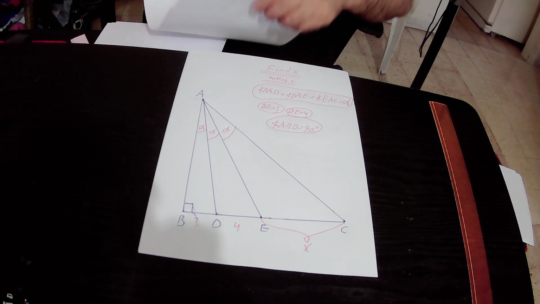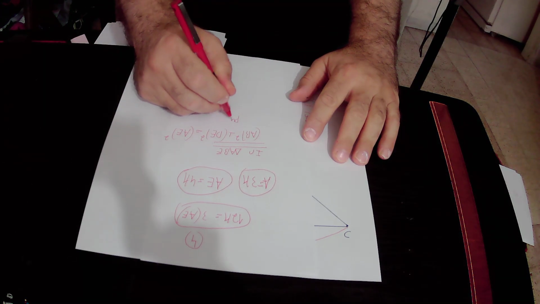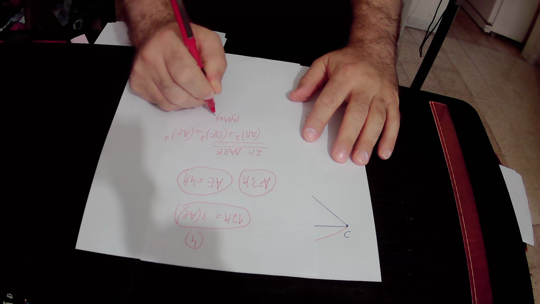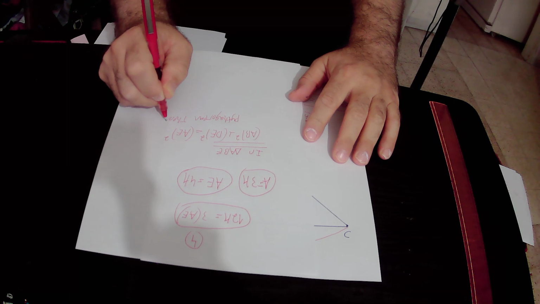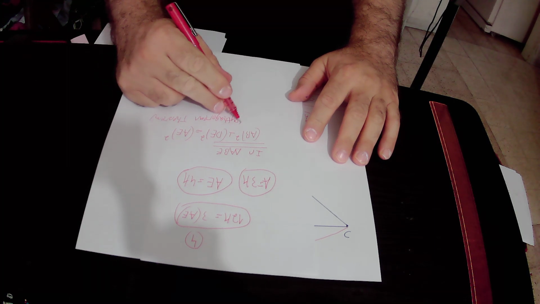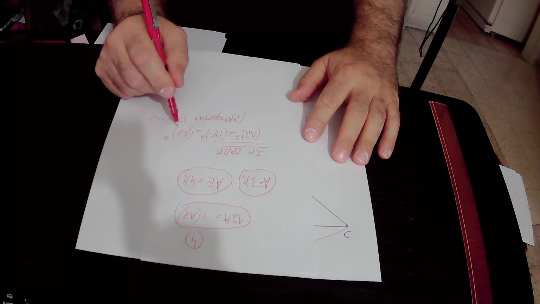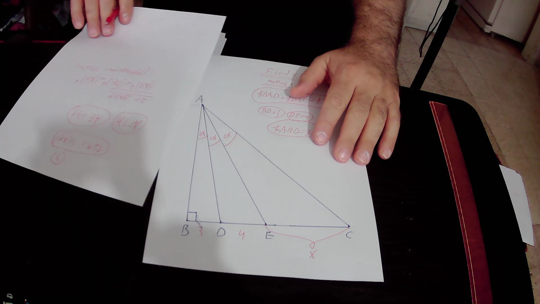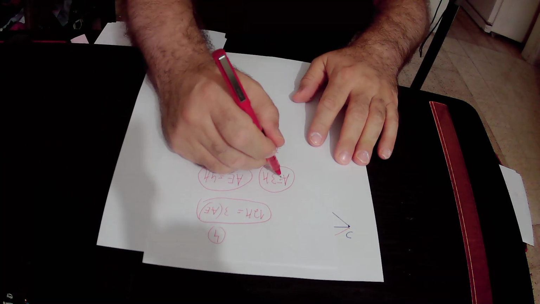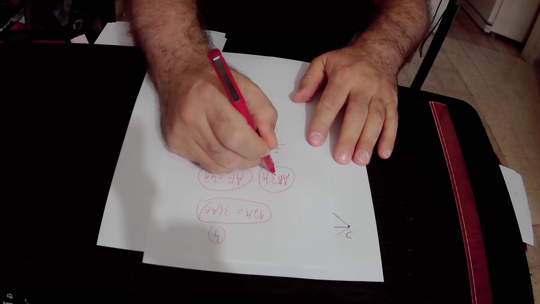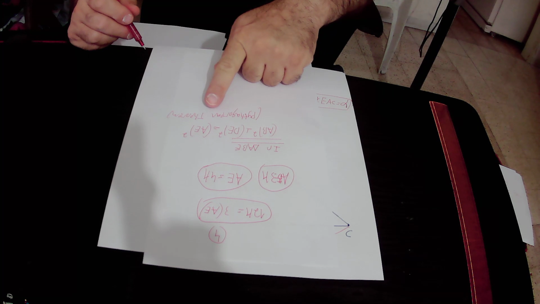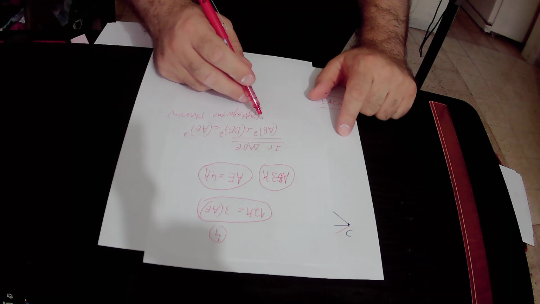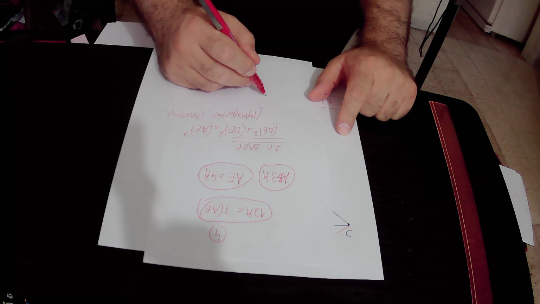Okay, according to the Pythagorean theorem, AB squared plus DE squared equals AE squared. But we have already found out that AB equals 3K and AE equals 4K. So we'll substitute AB by 3K. We'll get that AB squared equals (3K) squared